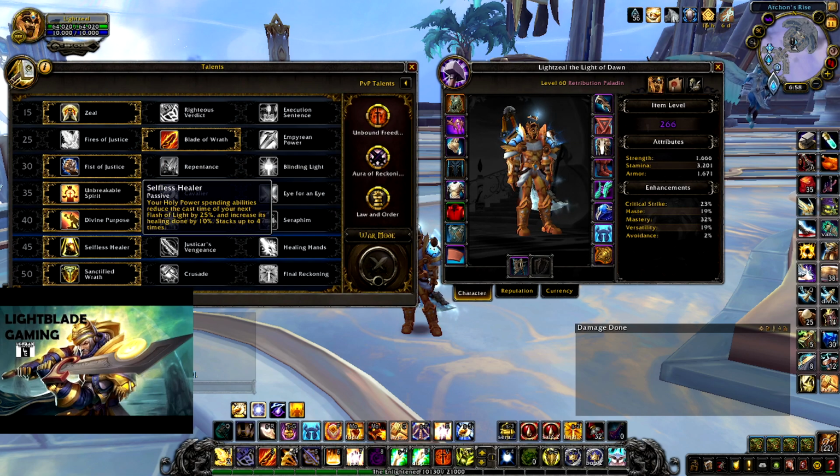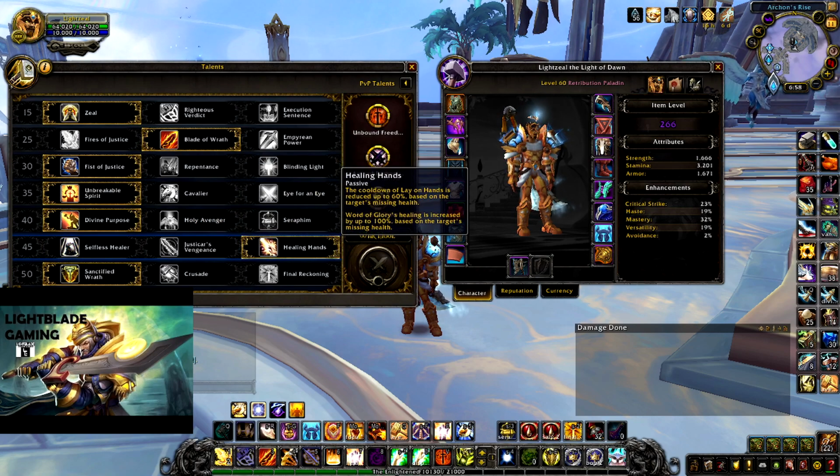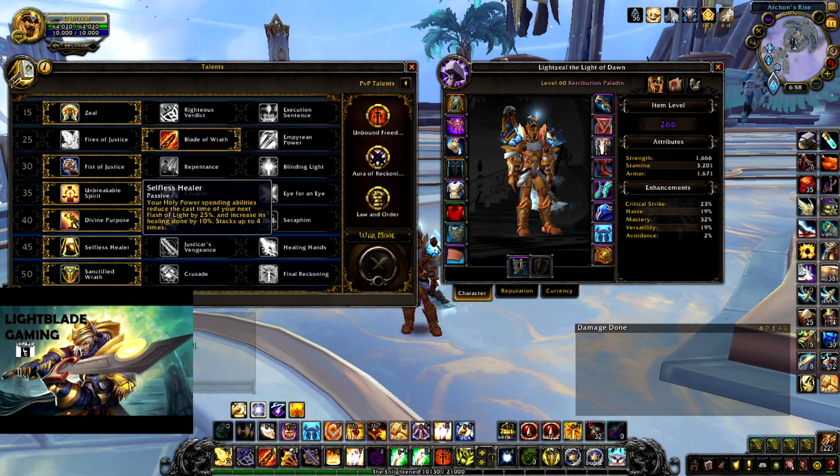The next one, the row level 45, we have 2 options. The first one is Selfless Healer and the second one is Healing Hands. So in the past I normally recommended going Selfless Healer for all occasions, even high keys. But